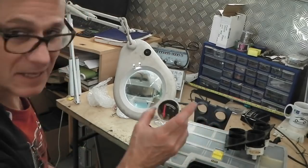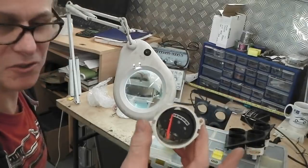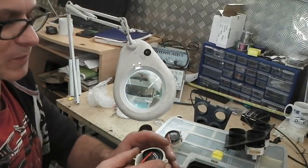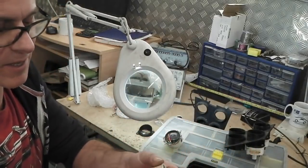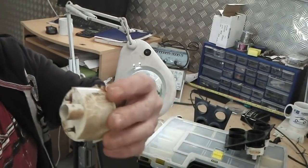Okay, they haven't changed the dial face, they've just changed the casing. So that's good news for us, because we can now pinch this out of there and fit it into there. What we'll do, we'll clean this. It's not damaged, that. Look,